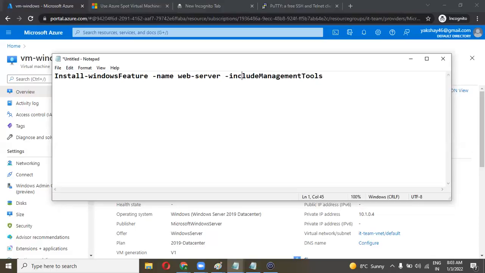So this is the command to install a web server on the machine.